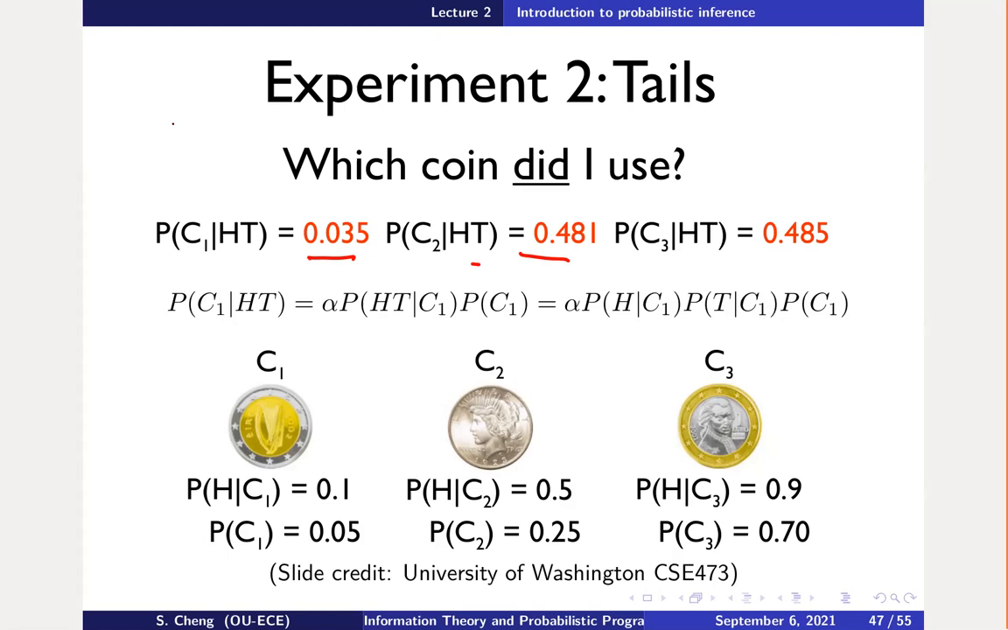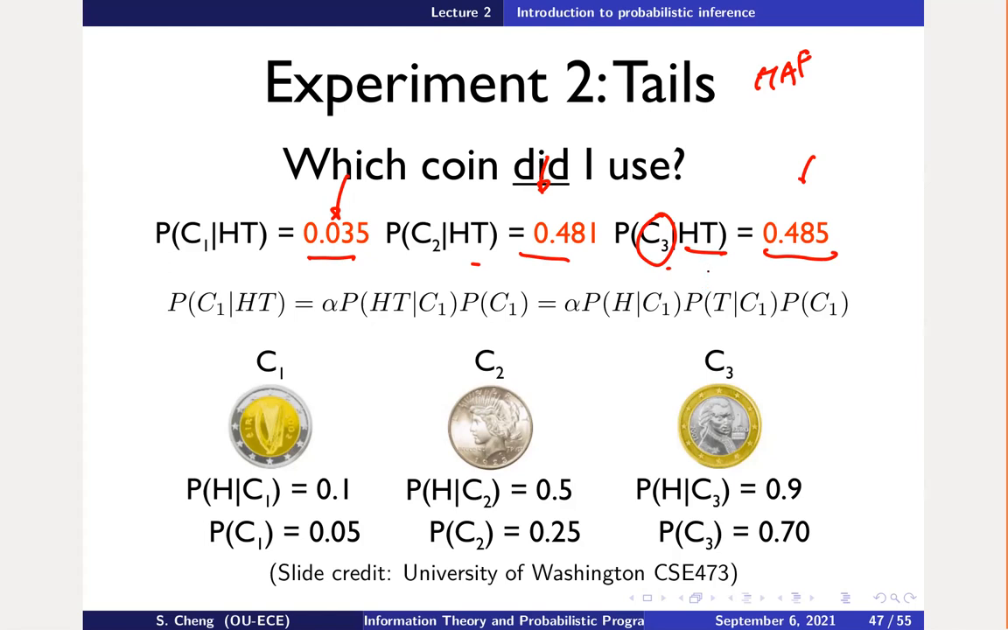So in this case, if I got a head and a tail in the first and second toss, then if I am a MAP estimator, I would just assume that, because 0.485 is the largest probability amongst these other two here, the coin is actually C2. So since the coin is C2, now if I ask what's the probability of getting a head next time, it will be simply